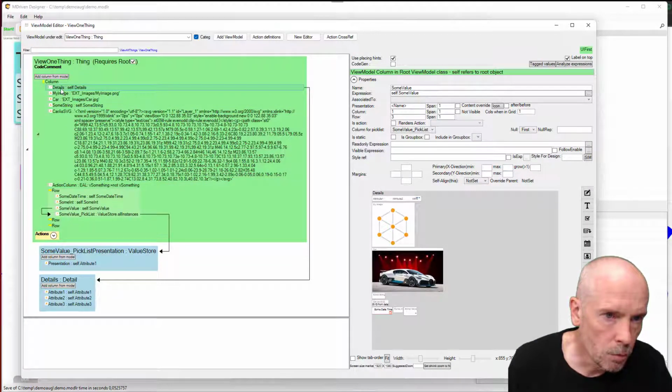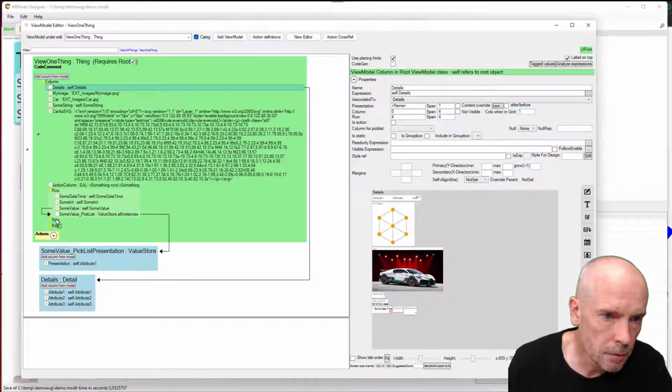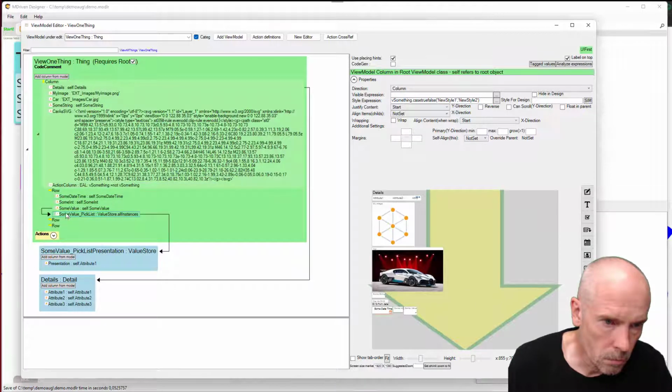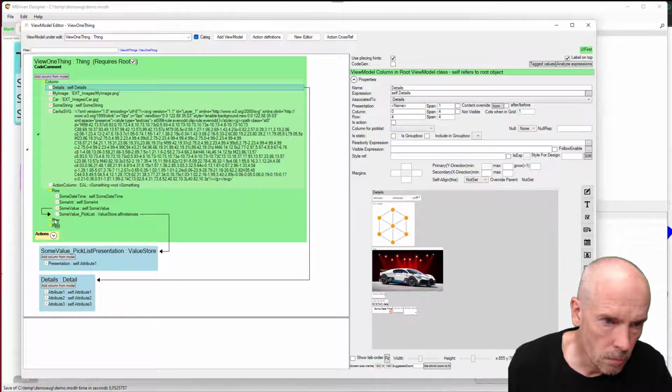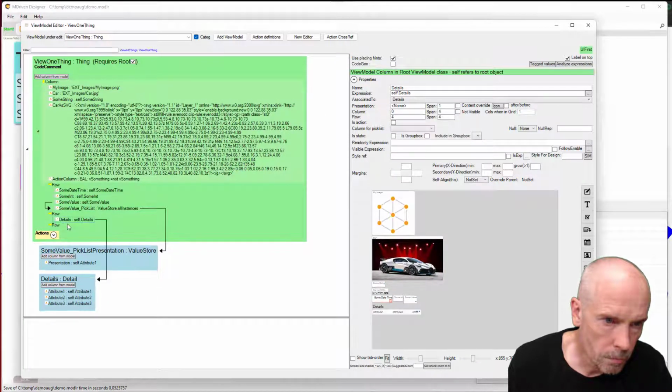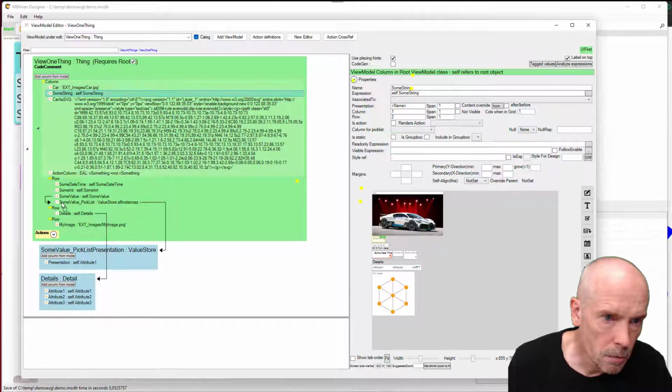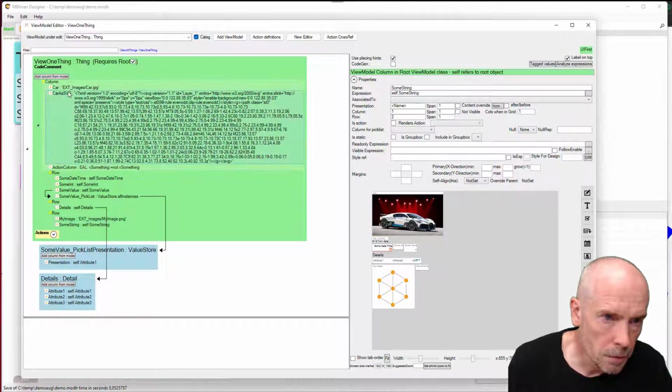I'm gonna move these details into this one. And I'm gonna move these into the last one,